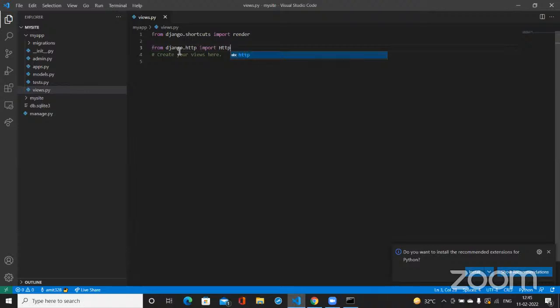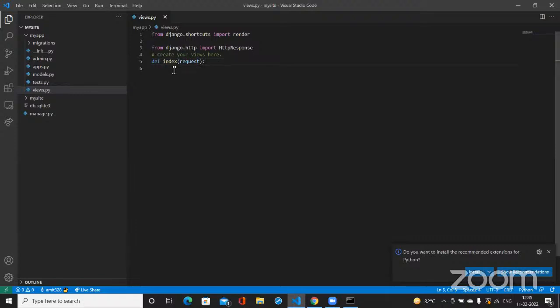Just type it out with me. Once you're done with this, it will help you import the basic HTTP response into your file. And then we'll create a simple basic function, name it index, and we'll pass a parameter of